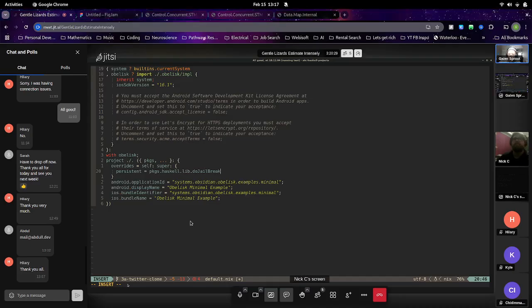Okay. And then doJailbreak. Super.persistent, in parentheses. Space, yeah. Leave a space, then super.persistent. What was the next bit? Persistent. Okay. And then doJailbreak is a lowercase b.